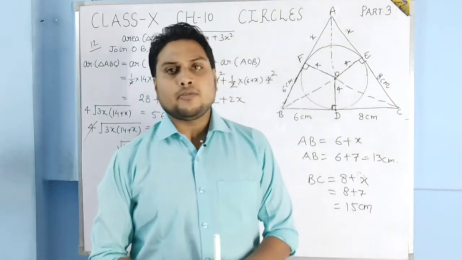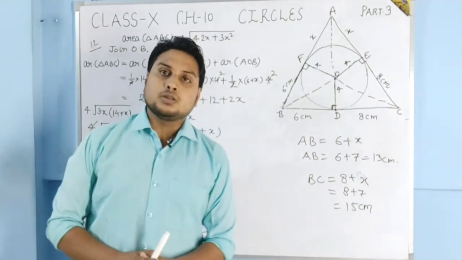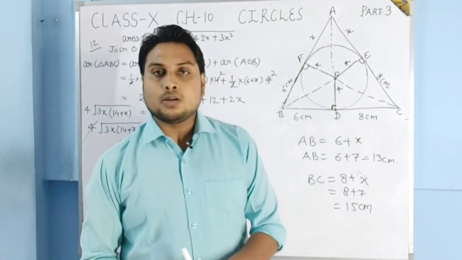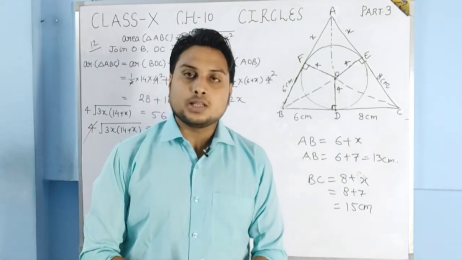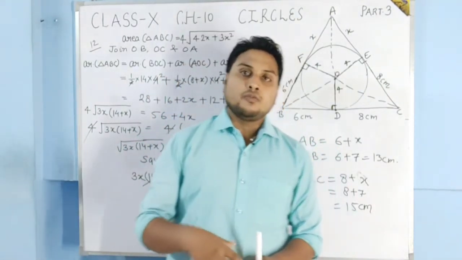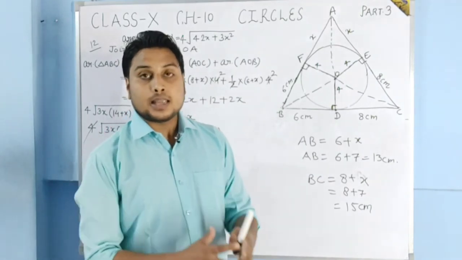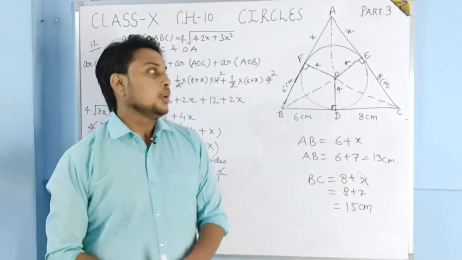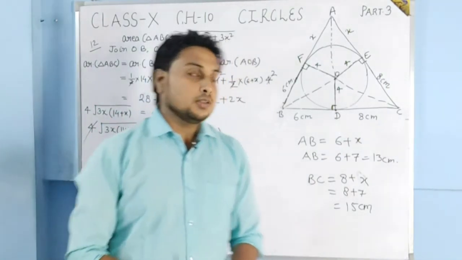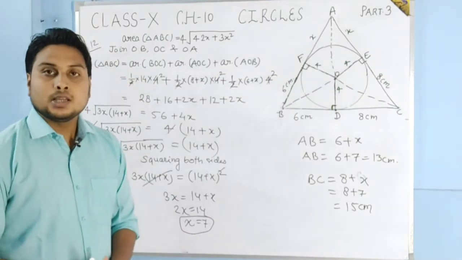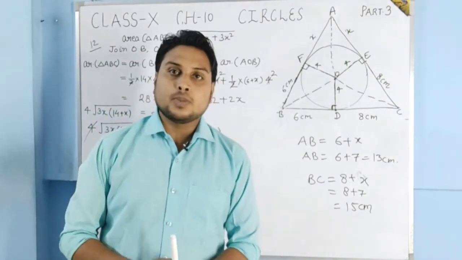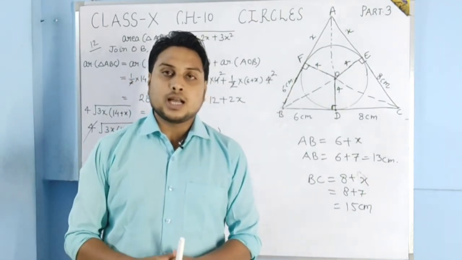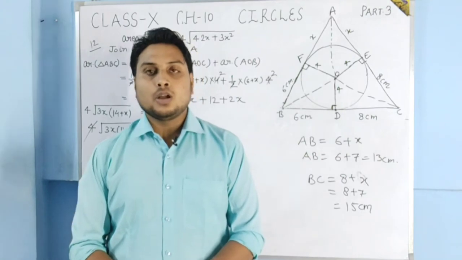Okay, one question is left and that question is not very tough, so that question you will do yourself. So like this we have solved so many questions of this chapter circles from NCERT, and one or two extra theorems that were not given in NCERT, that we have also done. The method of solving the questions is like this. So you will do the practice by yourself from your side book, and whatever questions are asked in the board, that also you will try to do yourself.